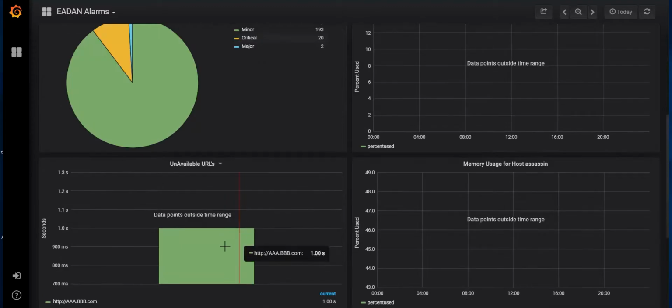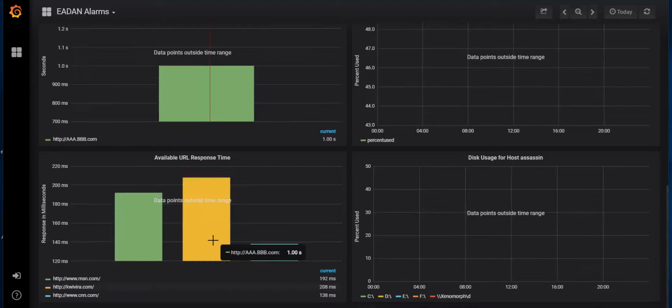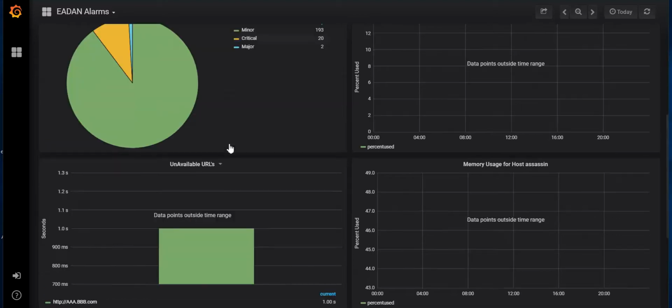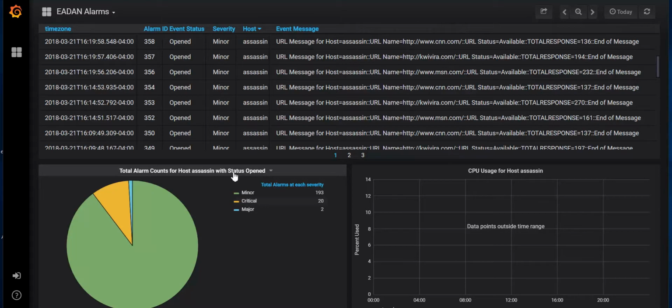Coming back up here, the one lone unavailable website is a fictitious a squared a cubed b cubed URL that didn't quite make the cut. So that's the sort of base coat of what you would get right out of the chute for this new product, EADAN. Now let's move over to look at how you might show some different views based on using our